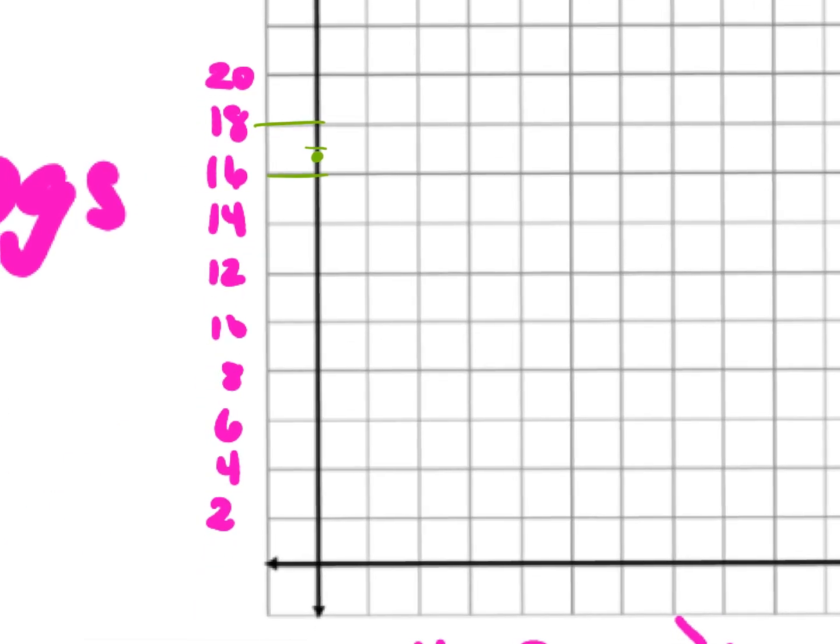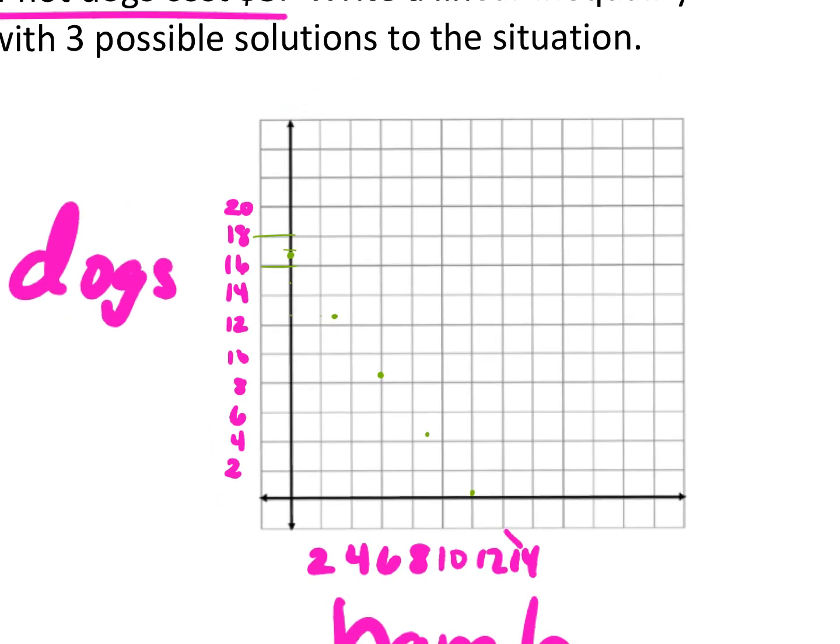So now let's think about this. We counted by 2's. So if I'm going down 4, I'm going 2, 4, and then I'm going over 3. Right? It's goofy. Okay, now we do it again. 2, 4, 2, 3. Do it again. 2, 4, 2, 3. 2, 4, 2, 3. So you end up with a line somewhat like this,